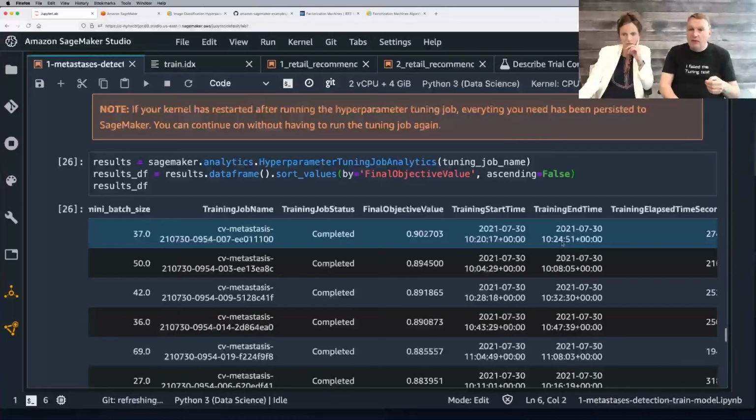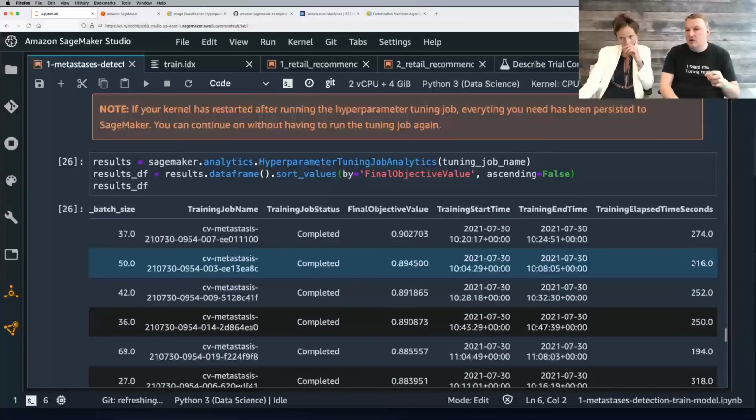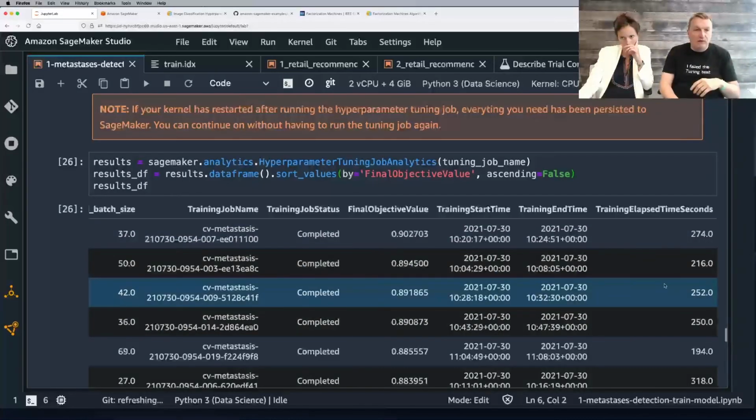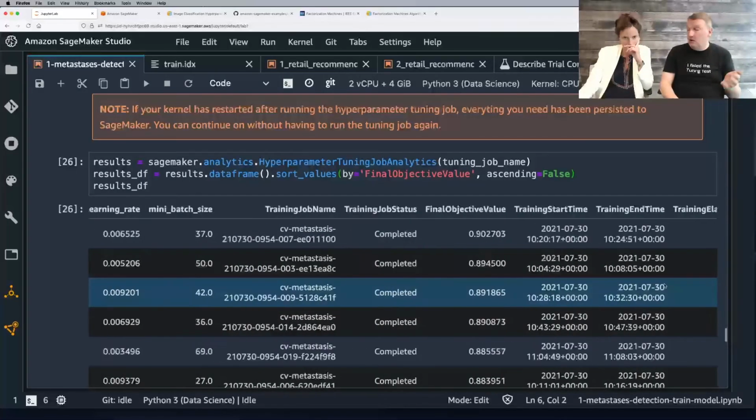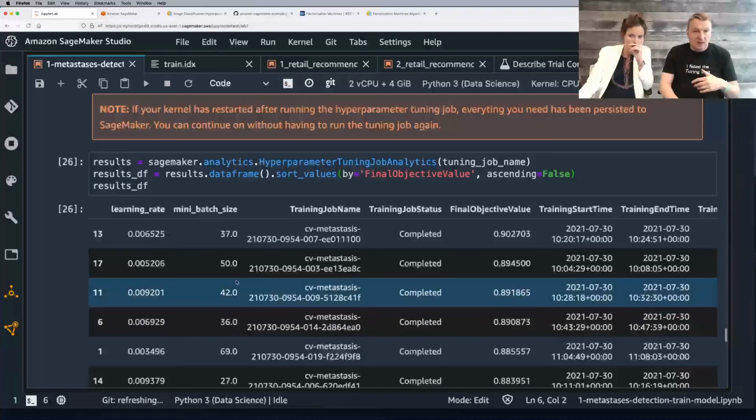But training time here was, as you can see, very short. It's about 4 minutes per model. You see the seconds here. 3-4 minutes. So that's okay. For experimentation, it's pretty good. And of course, we see the winning learning rate, so to speak, was this, and the batch size was this,